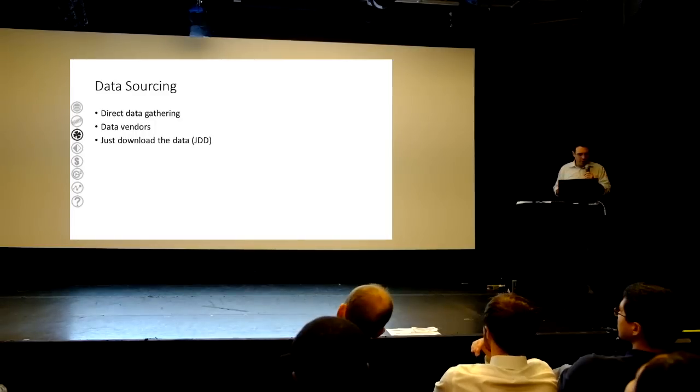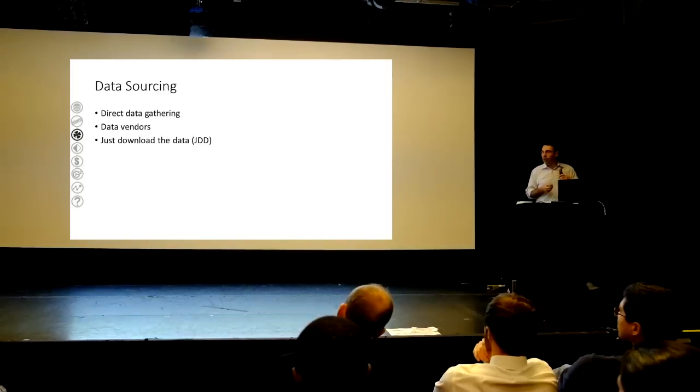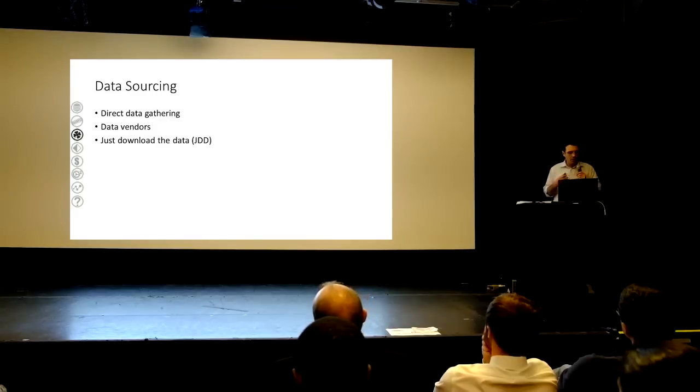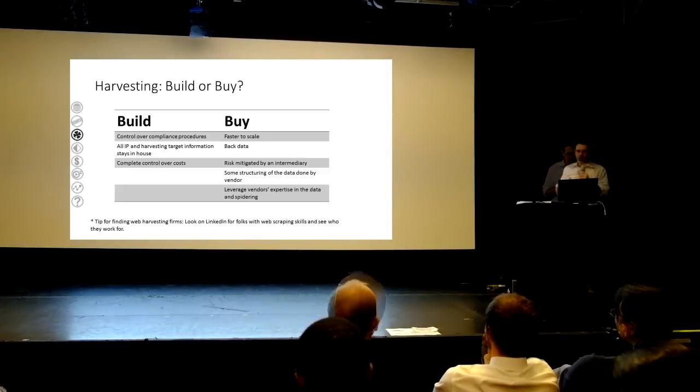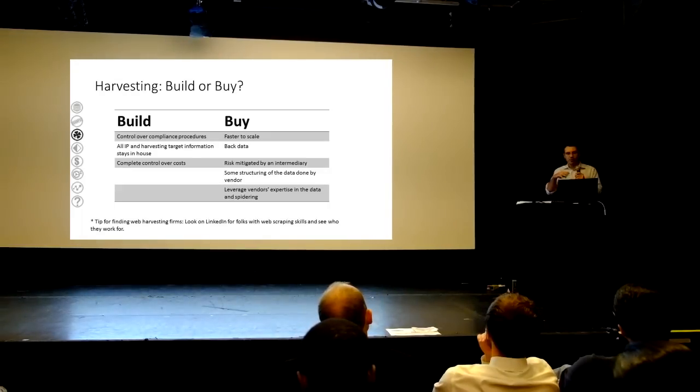Okay, so let's get into the sourcing. We can think of the sourcing as falling into 3 categories. There is direct data gathering, or creating the data internally. There is buying the data, and there's just downloading the data. Costs of scraping are, like I said, very deceptive, and there are a lot of companies out there that are actually willing to sell you this data, where the total cost of ownership can be a lot cheaper than running a scraping operation yourself.